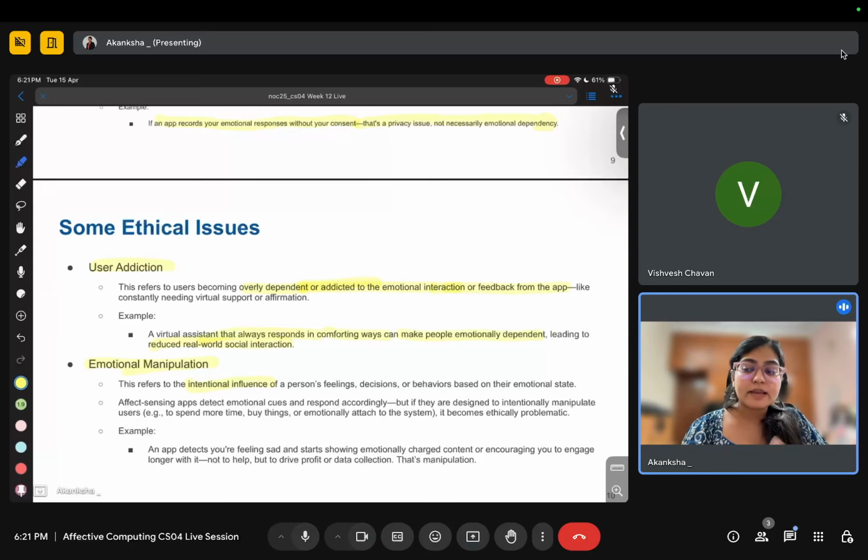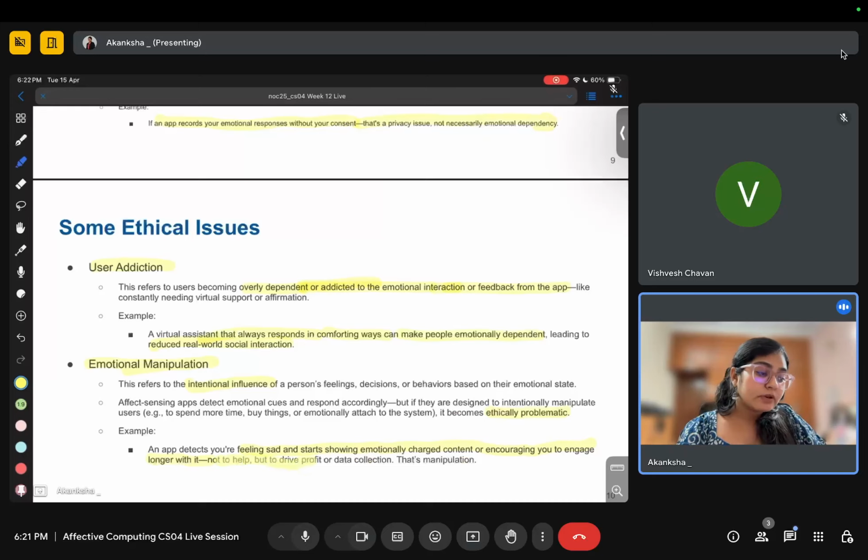Let's say I say that I don't like my setup here, so then it starts recommending me to make your room more colorful, you should buy furniture from this shop, etc. So this is emotional manipulation with business intent. Okay? So it is ethically problematic, and it is encouraging you to engage longer with it, or saying yes, use my app more.